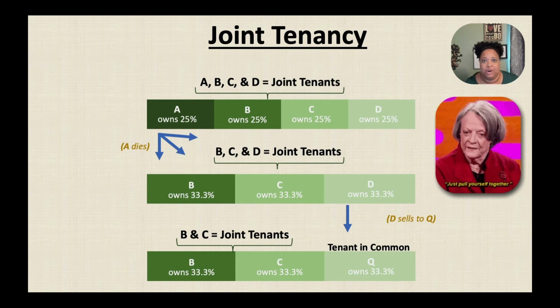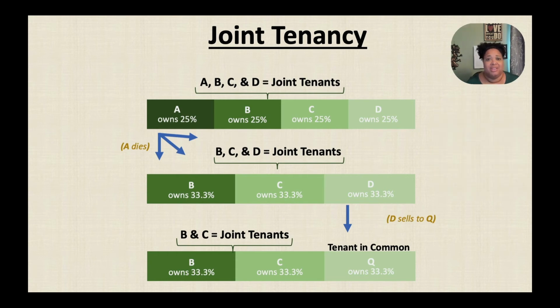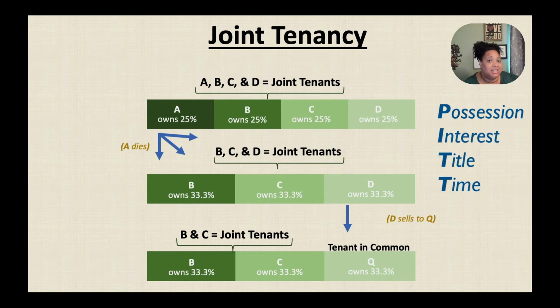In fact, let's look at our screen here. You've got A, B, C, and D. They could be joint tenants. Now, if we want to make these 4 people joint tenants, there's a couple of things that have to be valid, that have to be there. And that means you have to have PIT, or what I call PITT: possession, interest, title, and time need to